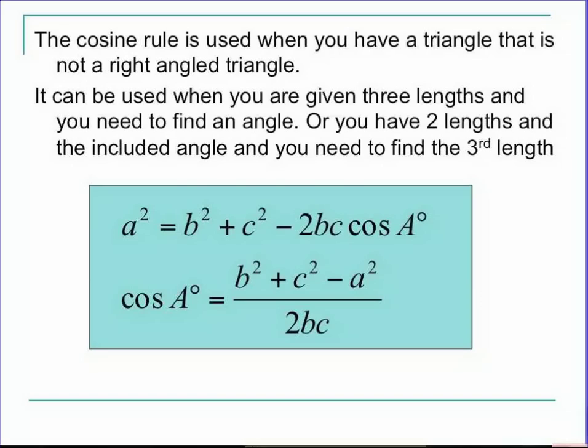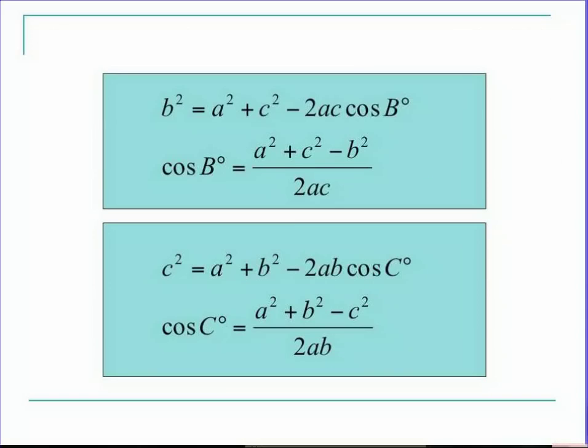Then when we flip to the next formulas, if we're trying to find length B, the formula is b squared equals a squared plus c squared minus 2ac cos B. And likewise, if we're trying to find angle B, we have cos B equals a squared plus c squared minus b squared, all divided by 2ac. Again, if we're trying to find length C, the formula is c squared equals a squared plus b squared minus 2ab cos of the angle C. And if we're trying to find the angle C, it's cos C equals a squared plus b squared minus c squared, all divided by